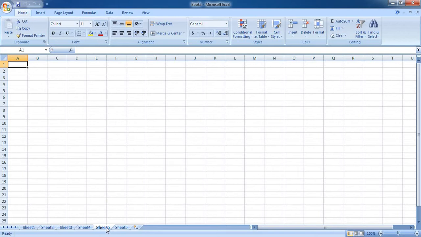But as you can see, sheet 6 is inserted before sheet 5. The question is, can we interchange the positions? Answer is yes. How can that be done? You just have to hold either sheet 6 or sheet 5, drag it and drop it at the position where you wish. Let me hold sheet 5, bring it before sheet 6 and leave the mouse cursor. As you can see, now the positions are interchanged.